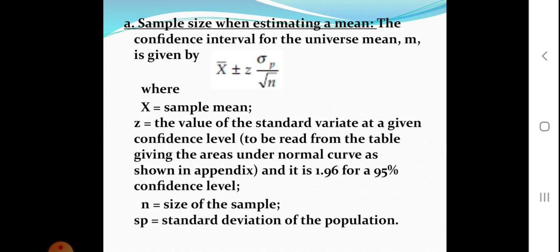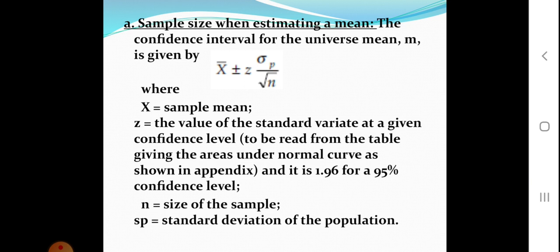Sample size when estimating a mean. Dear students, the confidence interval for the universe mean, that is denoted by m, is given by sample mean, that means x bar, plus or minus z times the standard deviation of the population divided by the square root of n, where